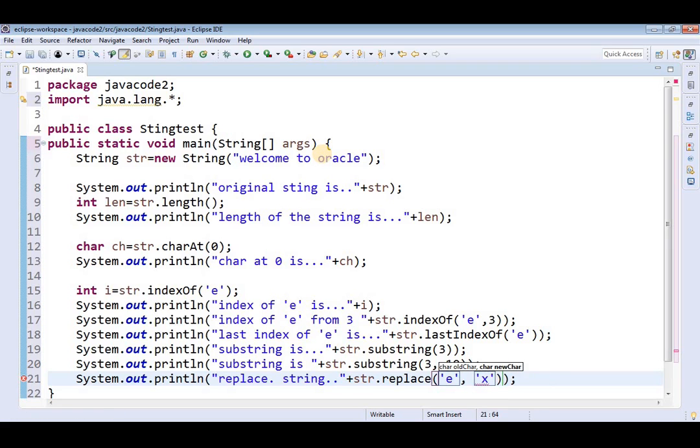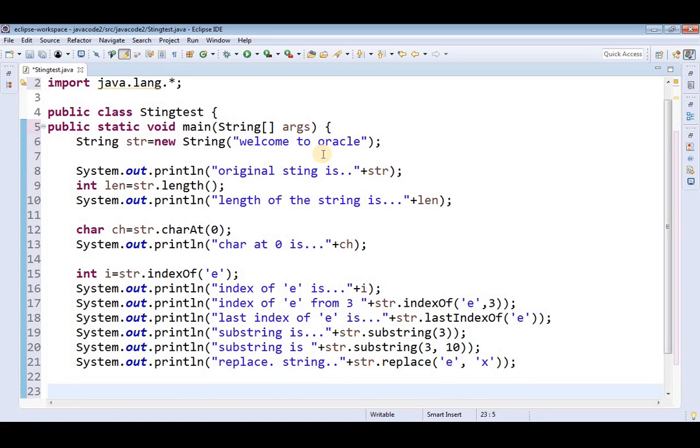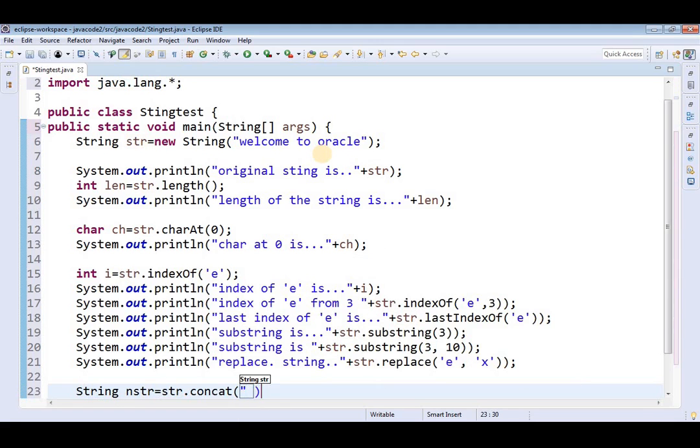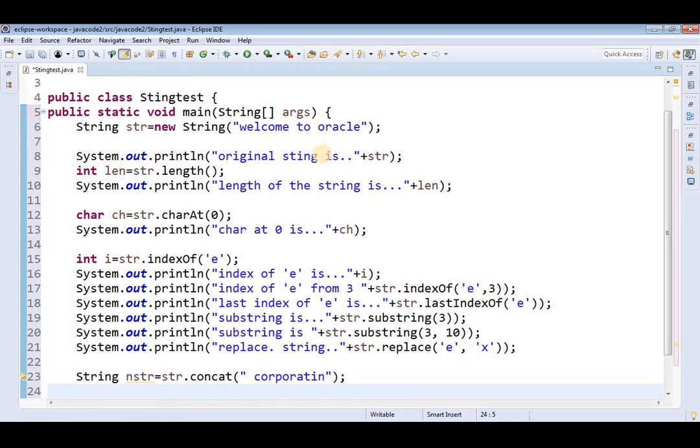With that, each and every e is replaced with x. Later I am using the concat method. The concat method will return a new string. So use String nstr equals str dot concat, and I am giving corporation. That means the previous string is concatenated with this string.